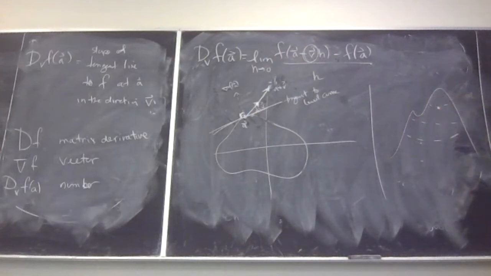I'd really like to be able to know how steep my travel is going to be in any direction when I travel up the mountain, right? If I go straight up the mountain versus going sideways along the mountain, along this curve right here, those are really different sorts of directions. Here I don't change altitude at all. Here I change altitude in a really steep way, right? But what if I want to climb the mountain in a corkscrew manner where I'm not going straight up and I'm not going sideways? I'd still like to know what my change in altitude is if I choose a different direction than straight up